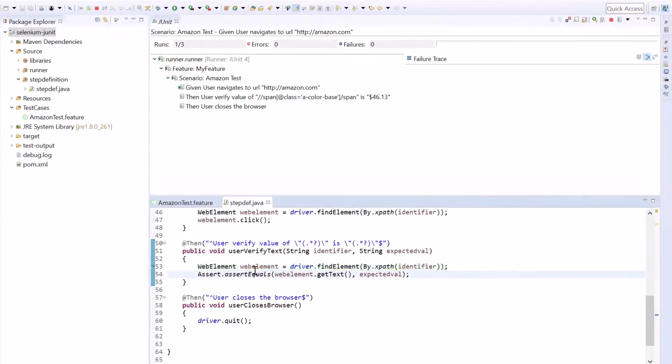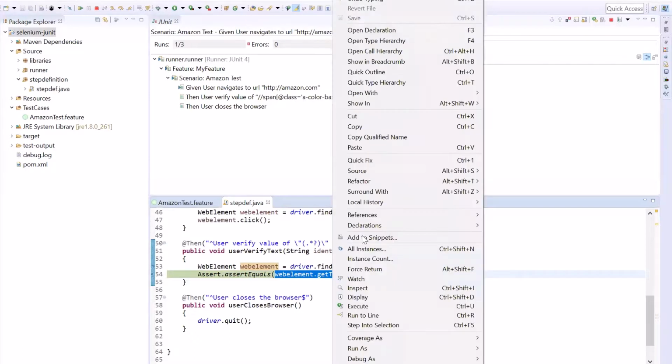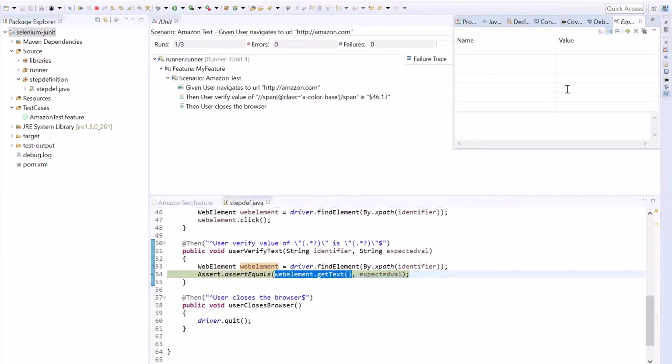Now to debug it, press F6 to go to the next line. And to get the runtime value of the element, select the statement WebElement.getText and then add this statement into watch. Here you can see the runtime value of the web element.